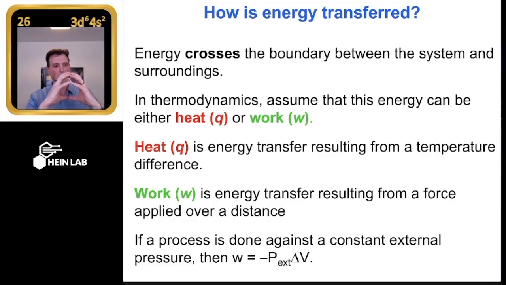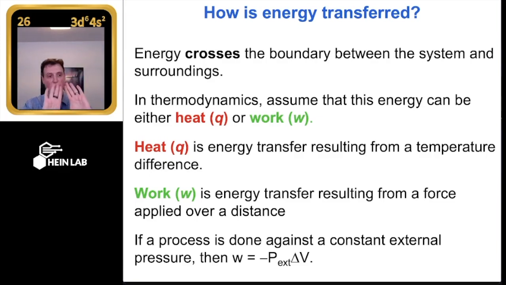What we're saying is the system had energy. Boom. It is going to do work. It is pushing the atmosphere back. That happened because of a positive delta V. It had to push the atmosphere back. As it does that, at the end, it will now have less energy because it had to use up some of that energy to shove the atmosphere back. Work is negative from the perspective of the system. So this is what we're coming into now, it's all about reference state. Usually in chemistry, we will focus on the system and we're saying what happened to energy from the perspective of the system.